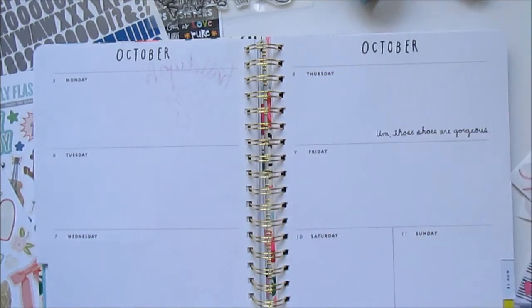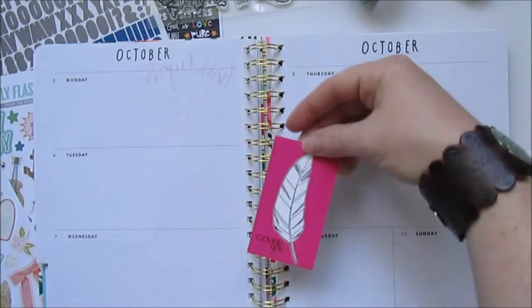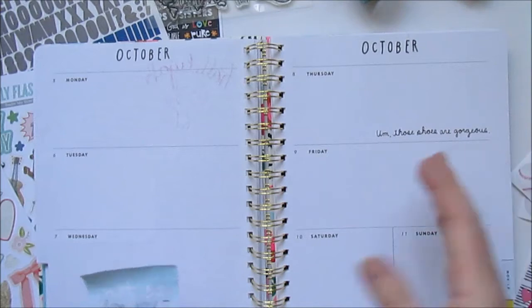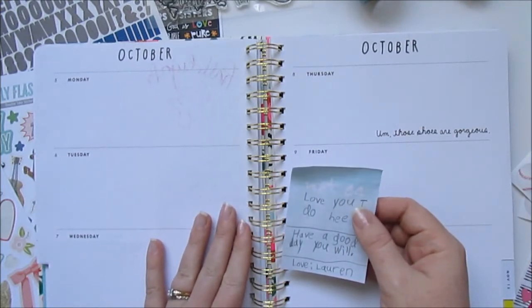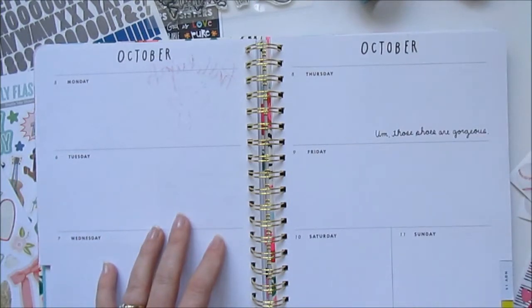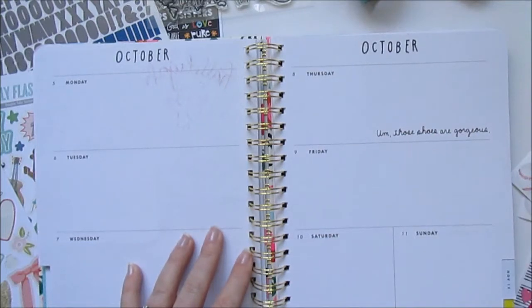I have some free printable journaling cards here that came from Illustrated Faith. This is also an Illustrated Faith journaling card, and I love using these things, especially in the planner, just to add some color, and I just think they look nice. So basically this time I'm going to cover up on this page these sayings